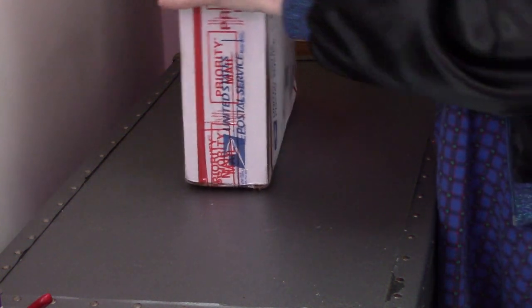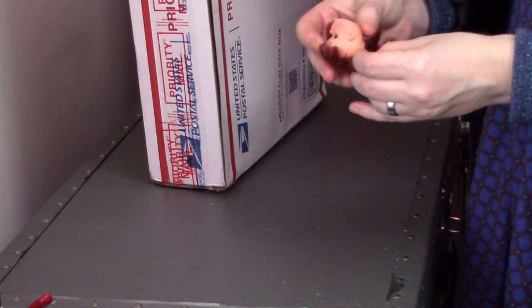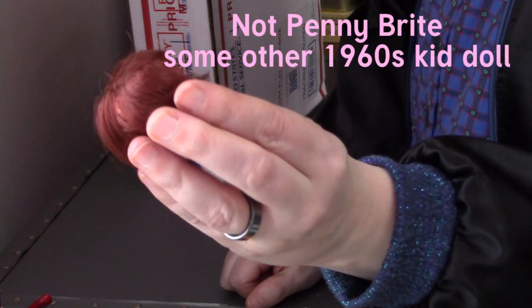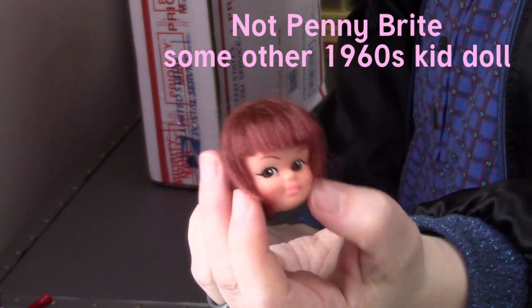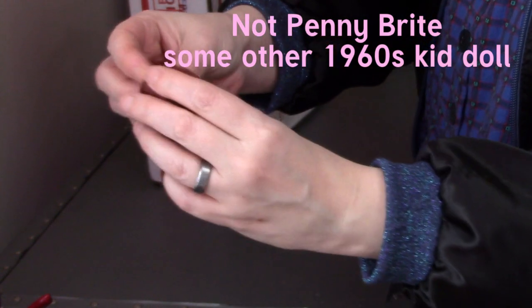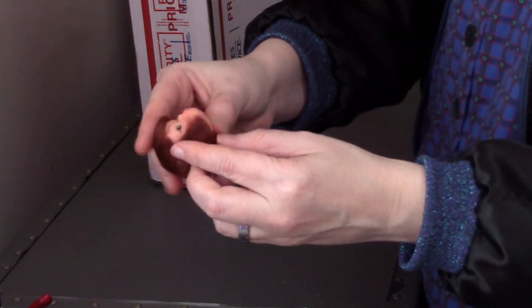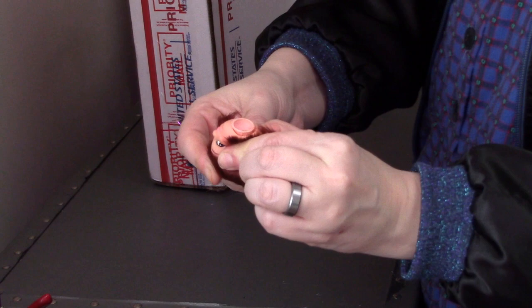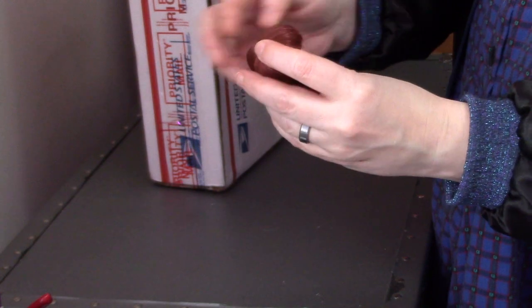And there's two heads left in here. See, I think this is a Hong Kong clone of a Penny Bright. No, did Penny Bright have an open mouth smile? And I believe this is a clone doll of a 1960s little sister fashion doll head. Her hair needs to be set a little bit, but it's actually in really good shape for a Hong Kong clone. I'm pretty sure it's a Hong Kong clone because what is going on with this neck connection? So she will be fun to get onto a body. Like I said, I'm going to run out of bodies. And last one in here is,